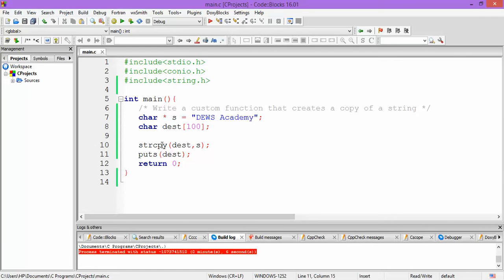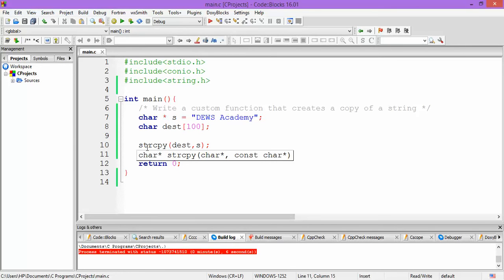So this was the inbuilt function. Now we want to create our own custom function which accomplishes the same task, and we will be using the same prototype as you are seeing here: two character pointers as parameters, and as return type there is a character pointer.